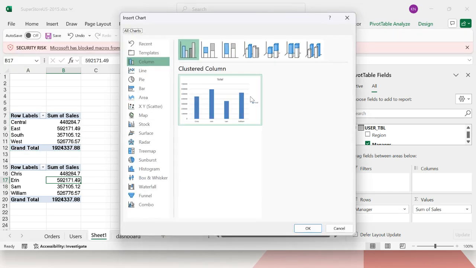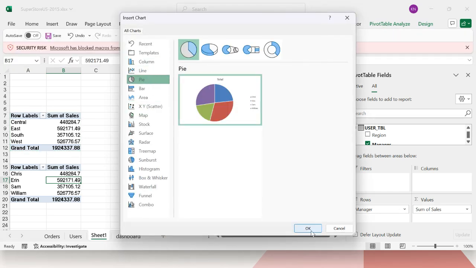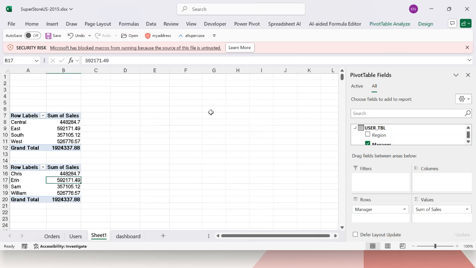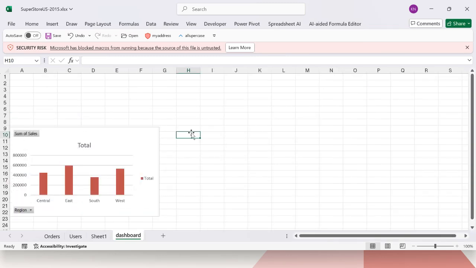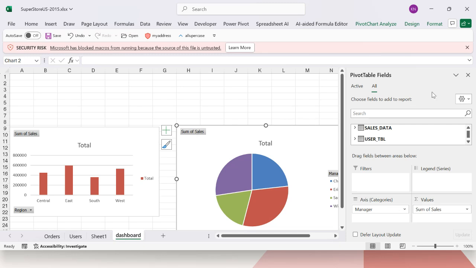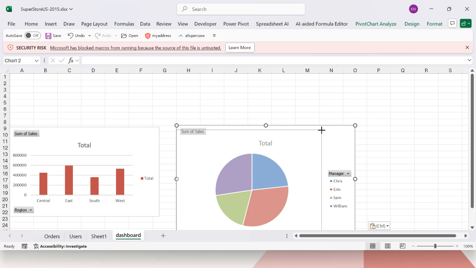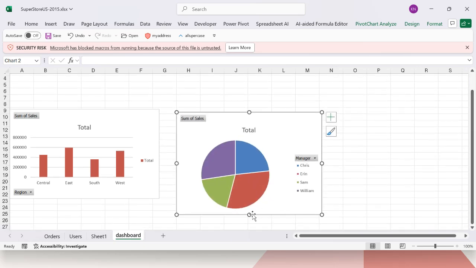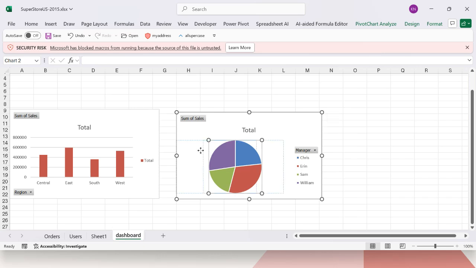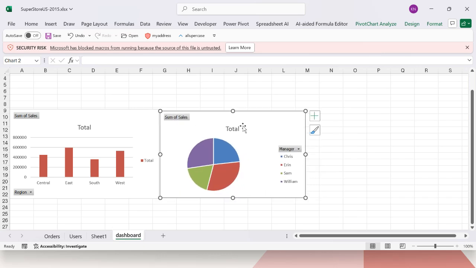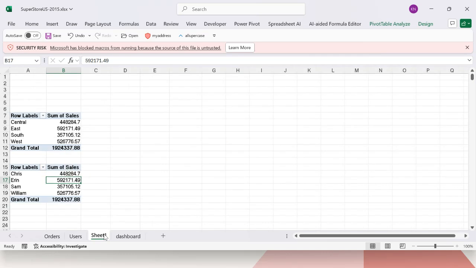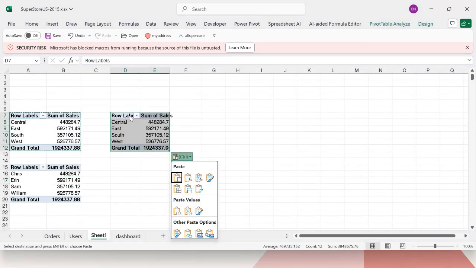Again, create a pivot chart. This time you should create the area chart. Again, cut, then paste. Okay. Same sheet I am going to open, copy, then paste. This time